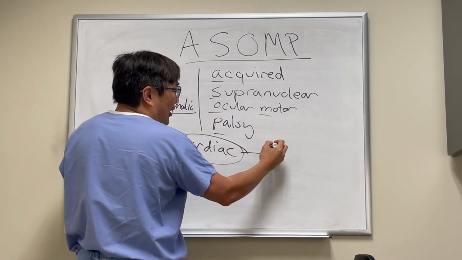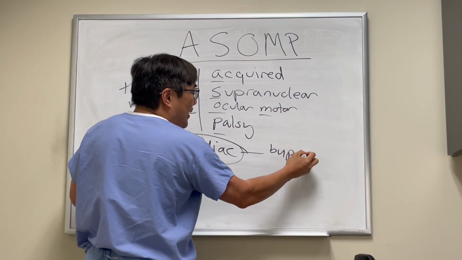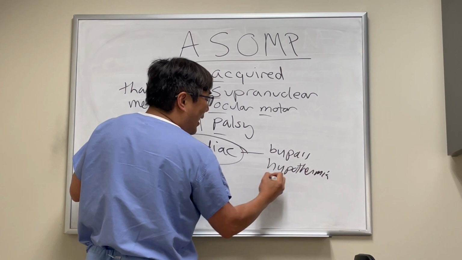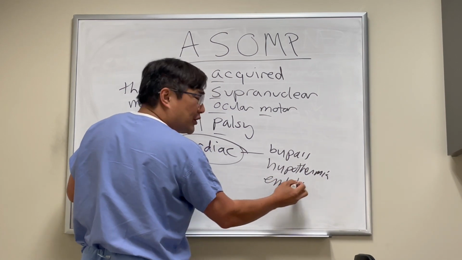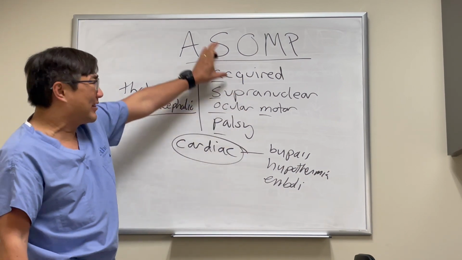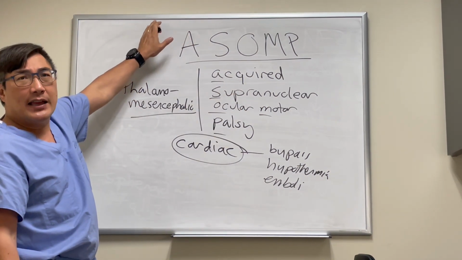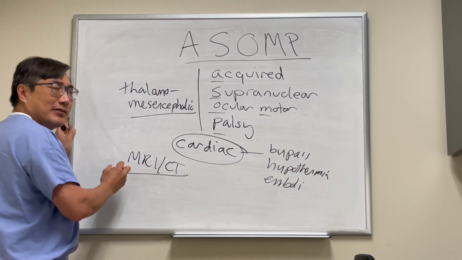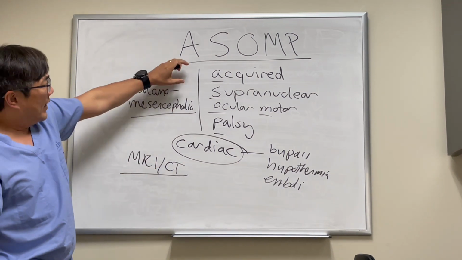And cardiac surgery obviously has a bypass pump. There's hypothermia. There are risk factors for emboli and hypotension, as well as perfusion problems that could lead to ischemia, but it's not clear exactly what the cause of this is. In fact, usually when we do an MRI or a CT post-op, we don't see anything.